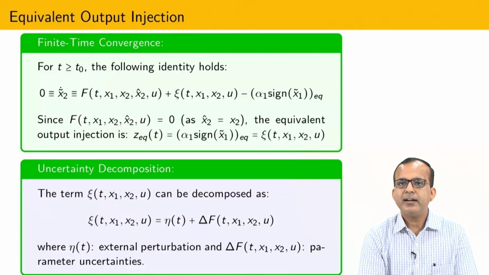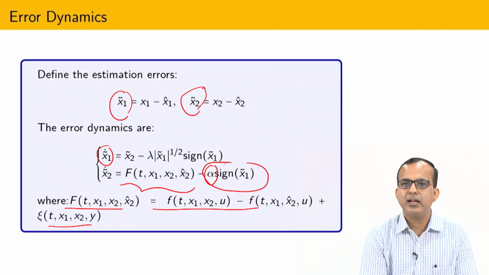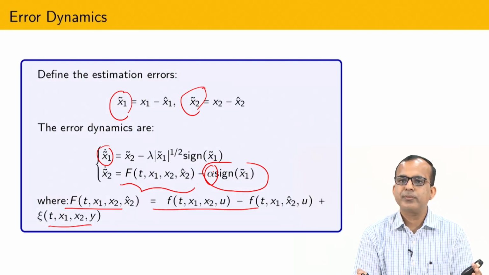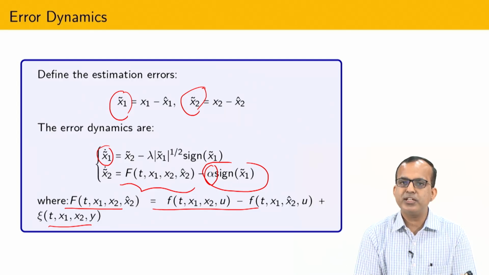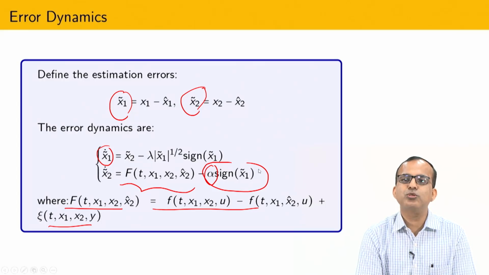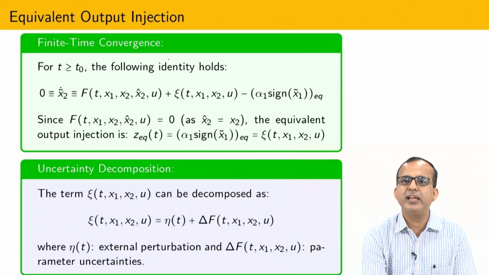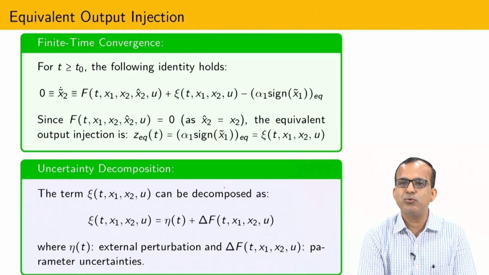Okay, and you can utilize that kind of idea here for the reconstruction of the uncertainty. It means that suppose you have some kind of plant, and initially that plant is running, and if some fault comes into the picture, using this observer you can easily understand the fault and what kind of fault is going to enter. That fault you can also estimate. So here the observer can be used as a fault detection process also, and that is called equivalent output injection. Using this kind of philosophy I can estimate what kind of fault is inside the system.